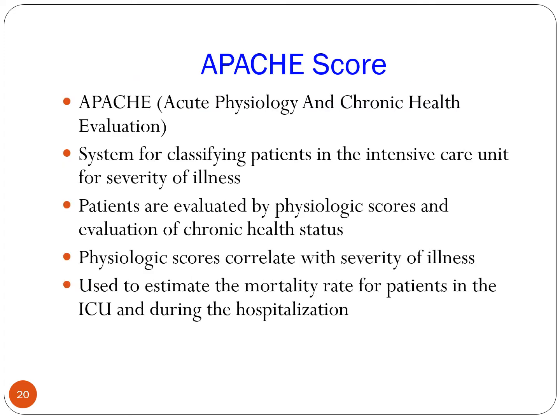Now remember, in the last slides we were talking about the SAPS2 score. Another very important scoring system, which is very similar to the SAPS2, is called the APACHE score. APACHE stands for Acute Physiology and Chronic Health Evaluation. It's a system for classifying patients in the intensive care unit by their severity of illness. Basically, you do this within the first 24 hours of the patient being admitted, and it is a great tool to estimate mortality.